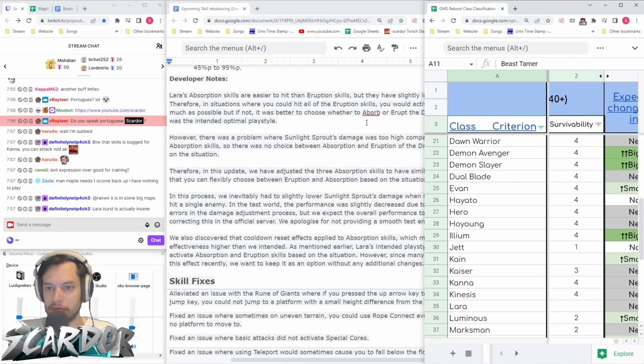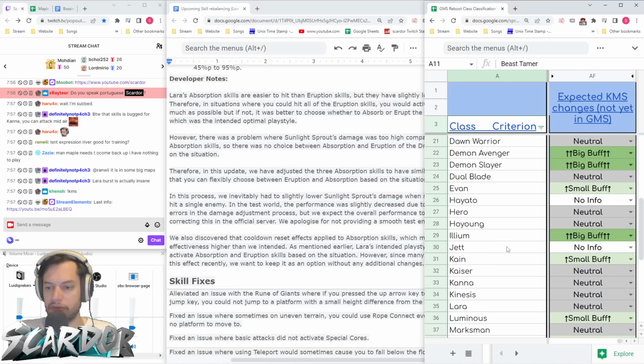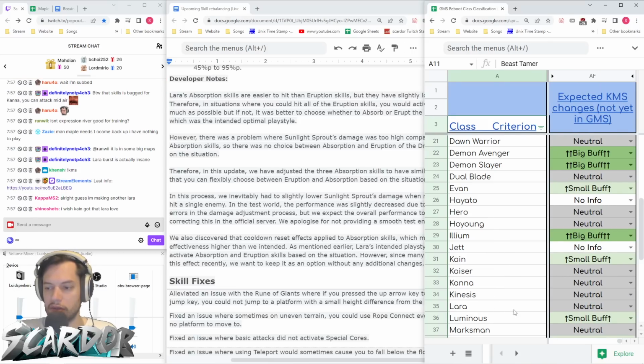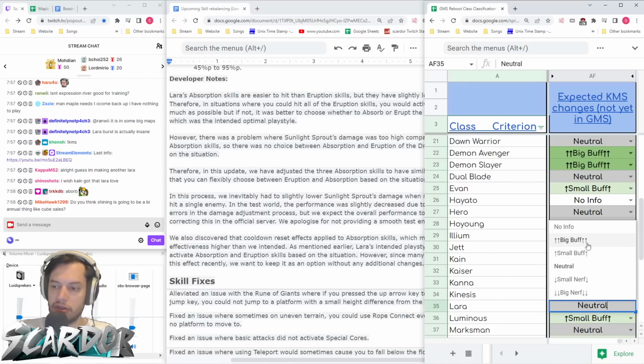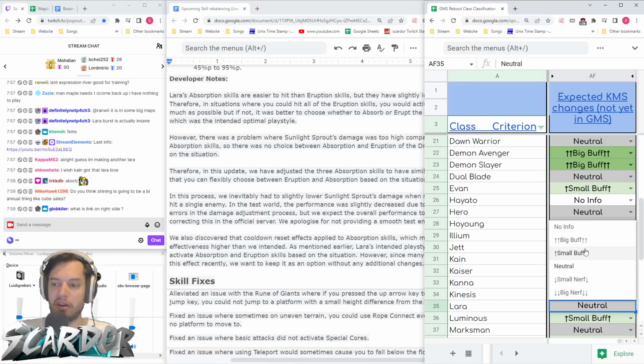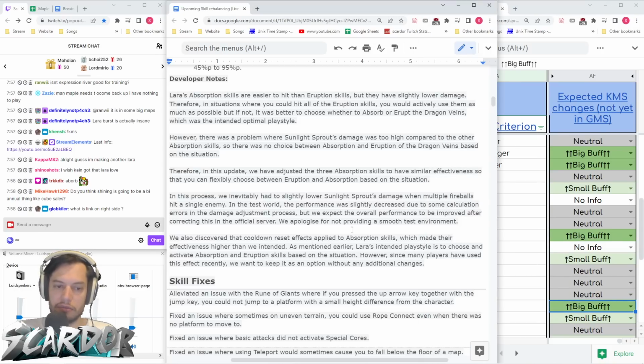A Borb? I don't know if... For Lara, if he would... It's definitely a buff. But there's no damage, there's no buff to... It's more DPM buff, right? Which is kind of what they needed. So I'll be...